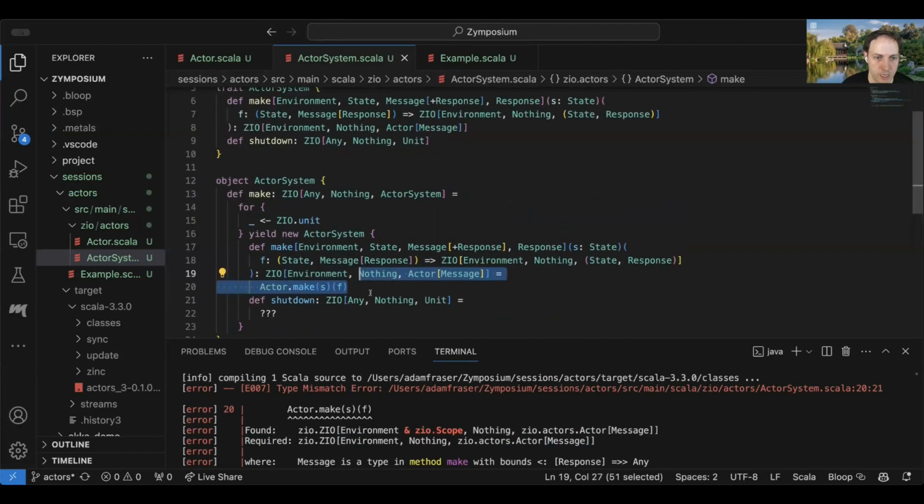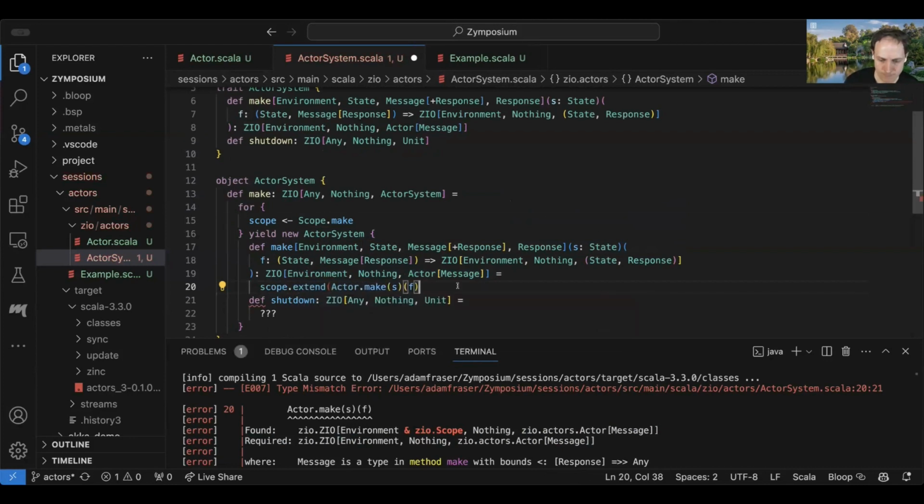So a really easy thing we could do is we could say, okay, well, fair enough. That means we need to make a scope ourselves, right? This is essentially going to be the scope of the actor system. And so then the way I can get rid of that requirement is I could do scope.extend.